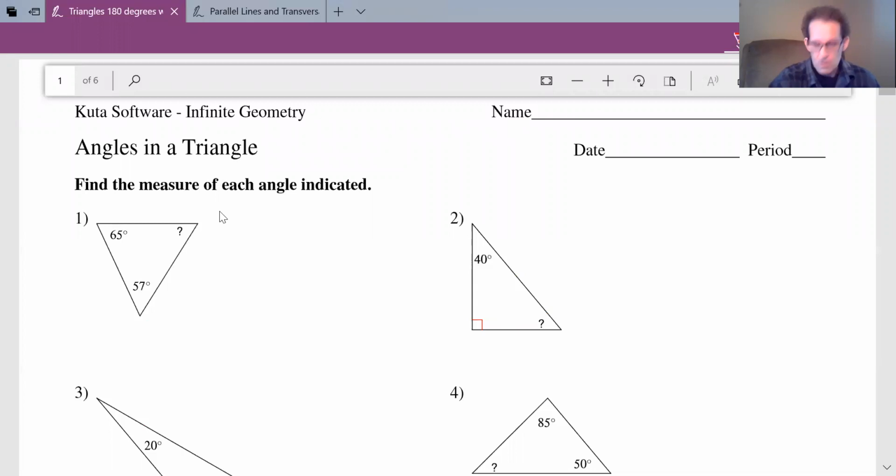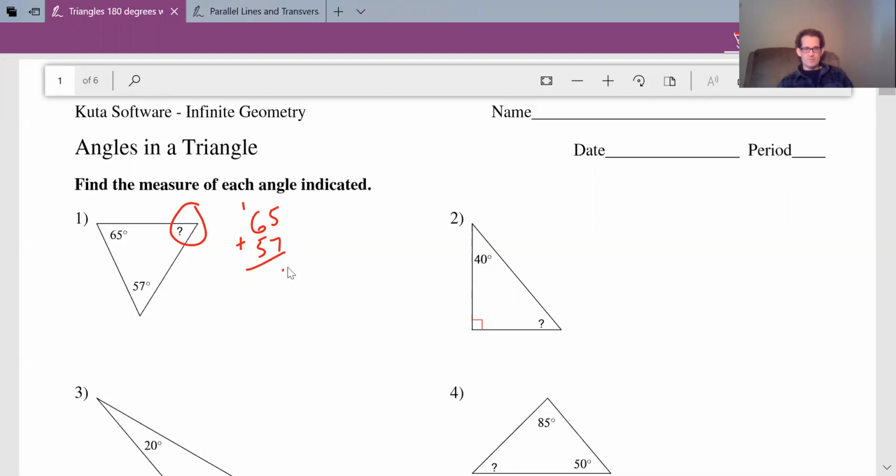So over here with question 1, you can see that I have two angles, angle 65 and angle 57. But what I want to find out is this missing angle. And the best way to do this is to remember that the sum of all angles in a triangle always equal 180. So what you could do with question 1 is simply add 65 plus 57,